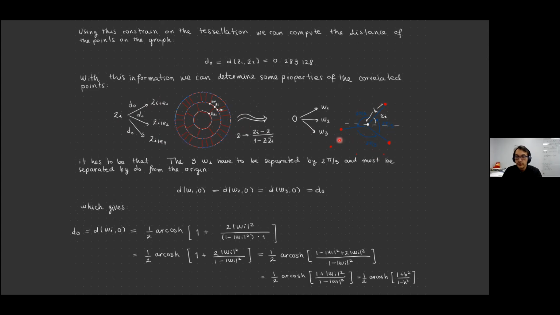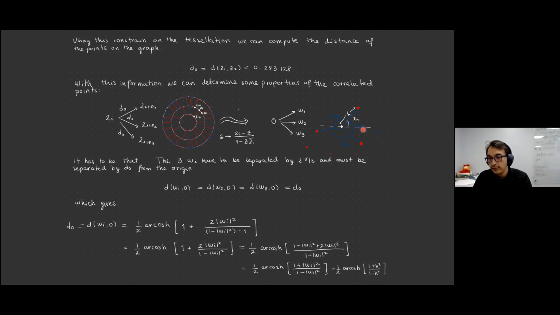But these 3 points are expressed in a very simple way because they are just 2 pi over 3 separated from each other, plus some arbitrary phase, some phase determined by the point ci. They are expressed in a much simpler way than the original points. Nonetheless, since this transformation leaves the metric invariant, the distance between any one of these points and the origin has to be d0. So if you plug in